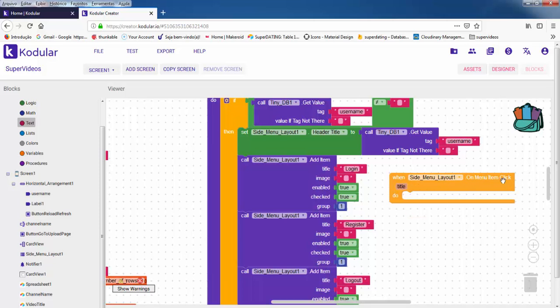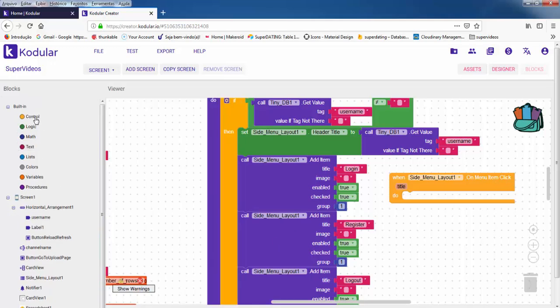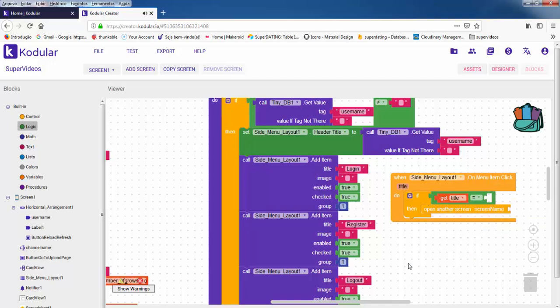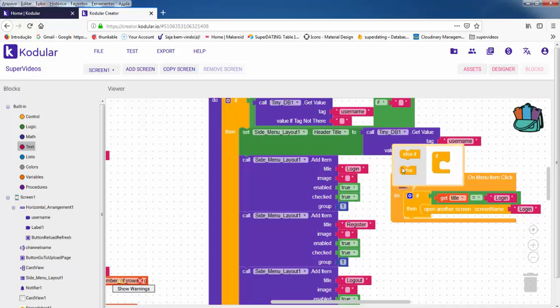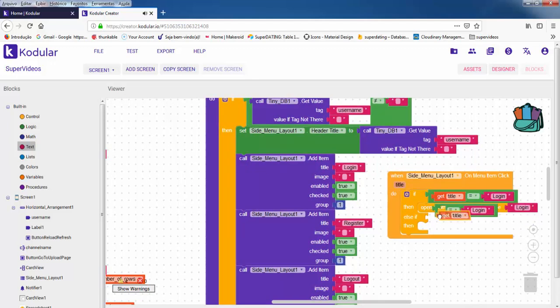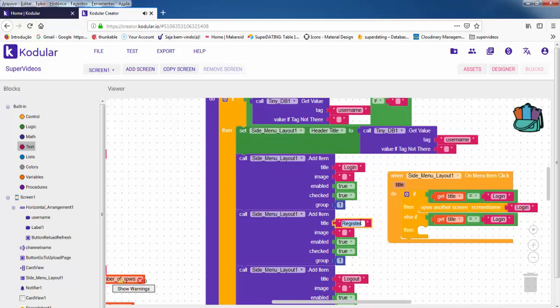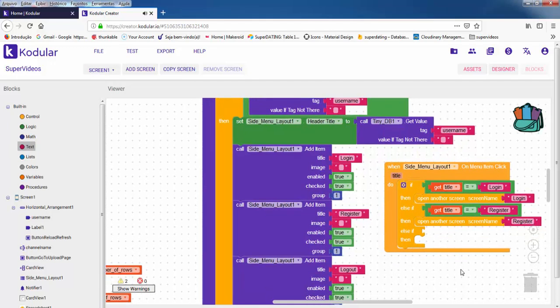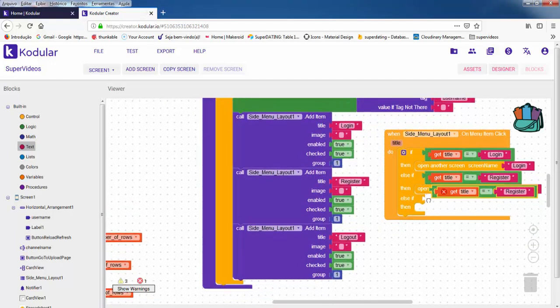So in the side menu layout, one menu item clicked. We're gonna go and grab open another screen, and the if statement. Oh, the title, if it is equal to login, it's gonna go to the login screen that we need to create yet. So login, the title is equal to register, I'm gonna go to the register screen, and for the last, if is equal to logout,